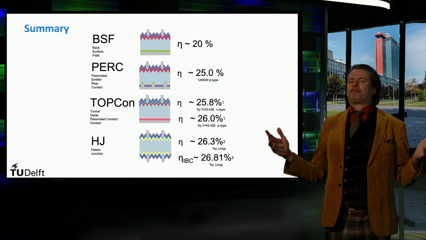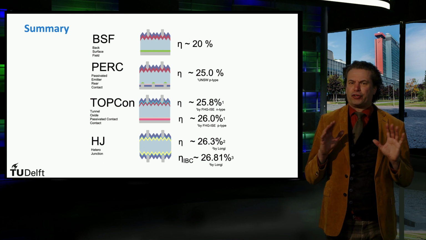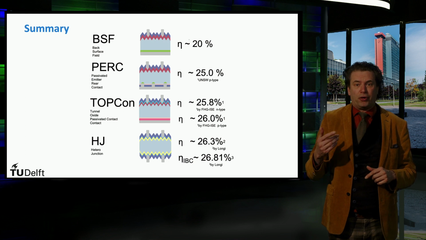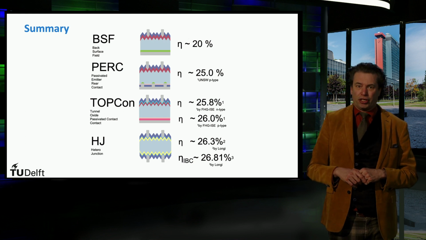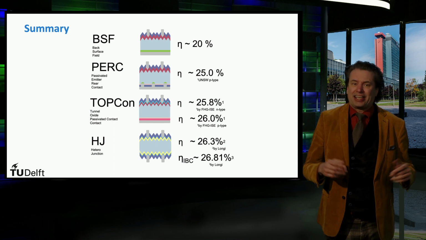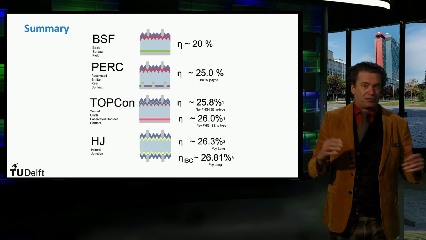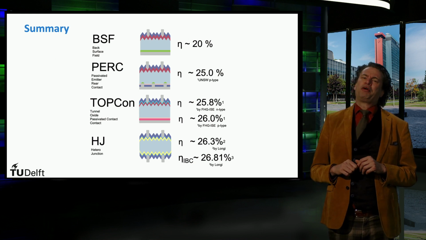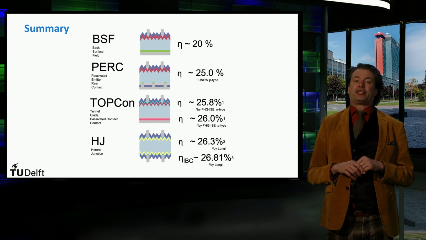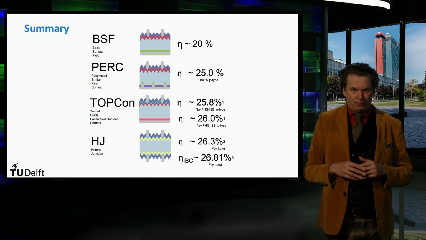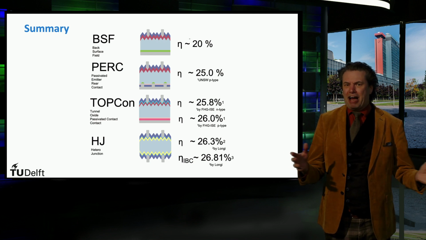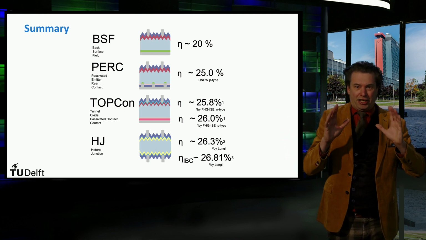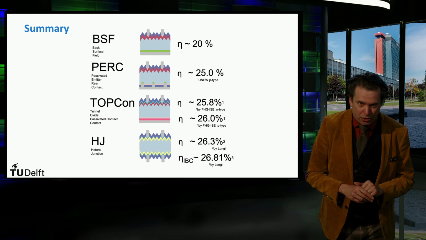Summarized, we have discussed the design principles for the various crystalline silicon-based cell architectures like the back surface field, the PERL and the PERC, the TOPCon and heterojunction solar cells. We also discussed contact architectures like the interdigitated back contact, bifacial and the metal wrap-through. Over here we give an overview of the achieved conversion efficiencies under standard test conditions in the lab. Note that the moment that I have recorded these lectures, these numbers might be already outdated again. So please check yourself on the latest record numbers.